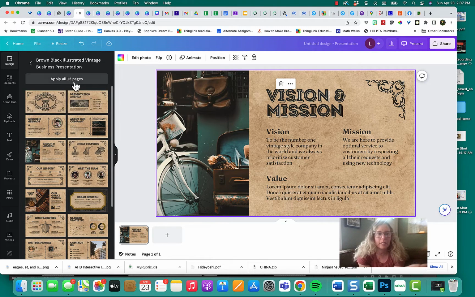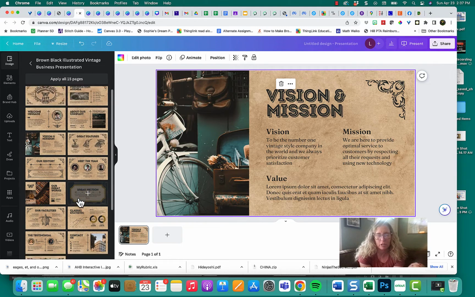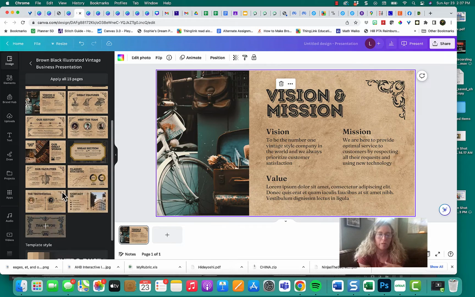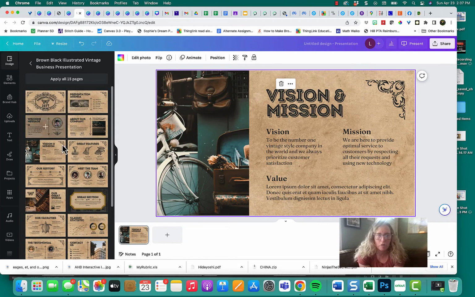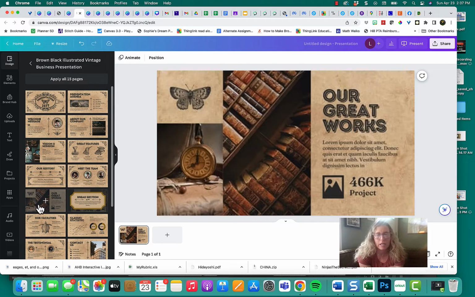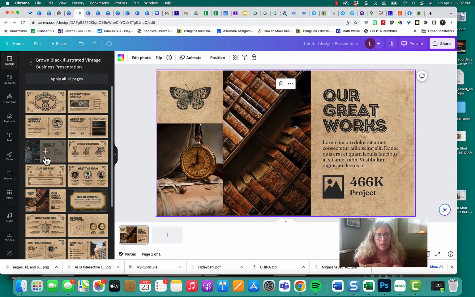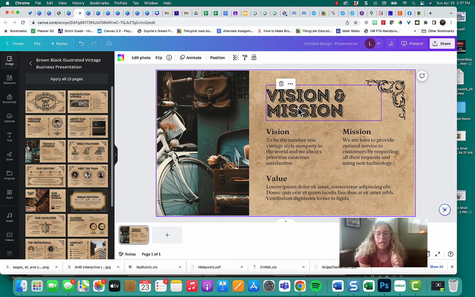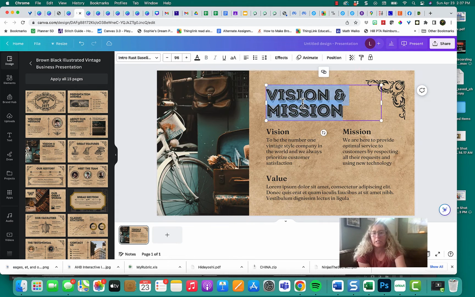So I picked this brown, black, illustrated vintage business presentation because I like that it looked kind of old-fashioned, and it will show you all the different pages that are available when you click on this sidebar. I know that I want to upload some original artwork, so I'm picking one of these slides that has a picture in it. I think I'll pick this one, and then I can change my title,